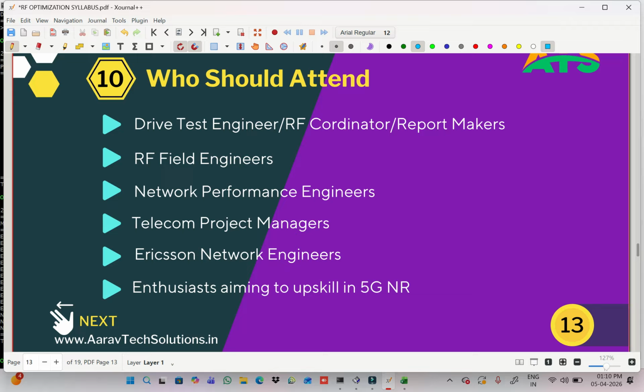Who should attend the training? Those who are struggling in the field, drive test engineers who are doing drive tests for 1 year, 2 years, 3 years, up to 8 years. It's very bad. Only 1 year is sufficient to understand the collection of logs, not required to waste your time